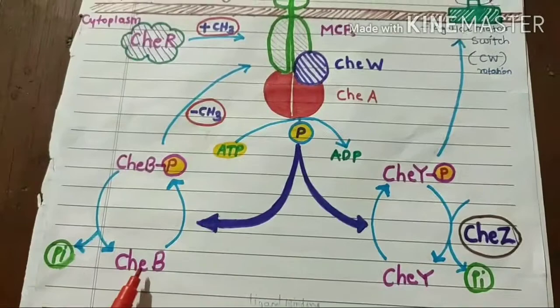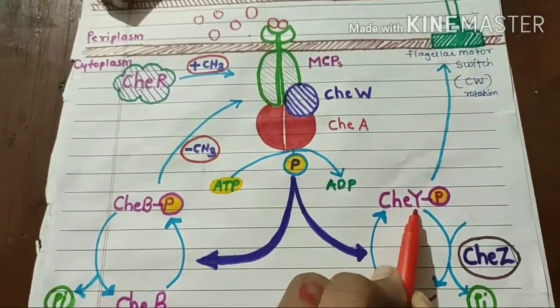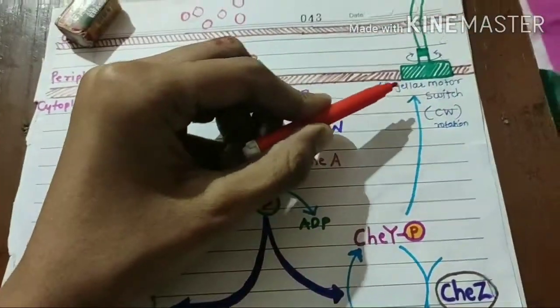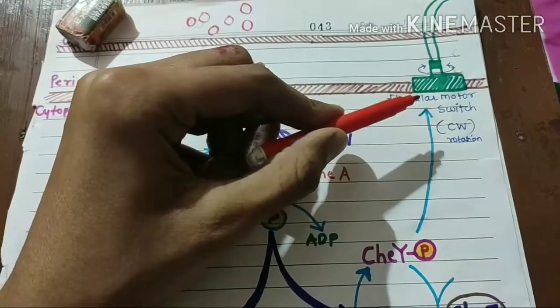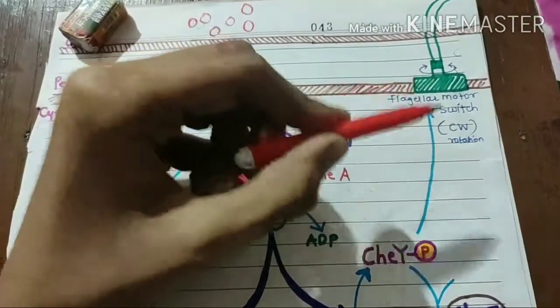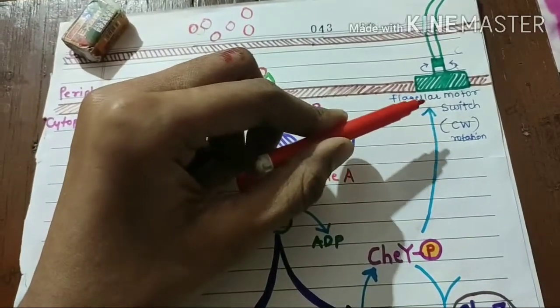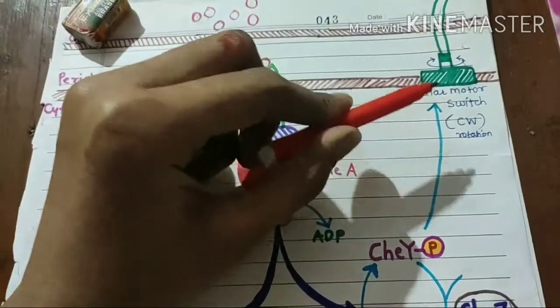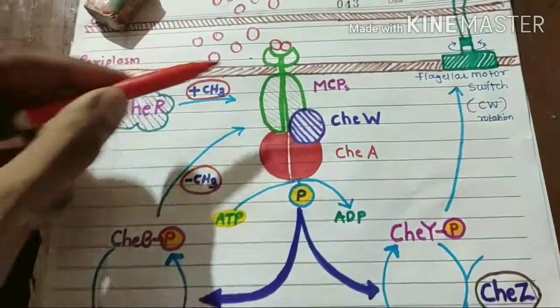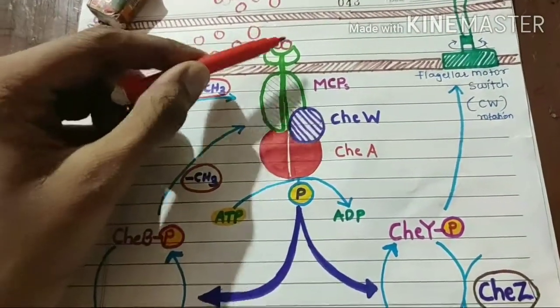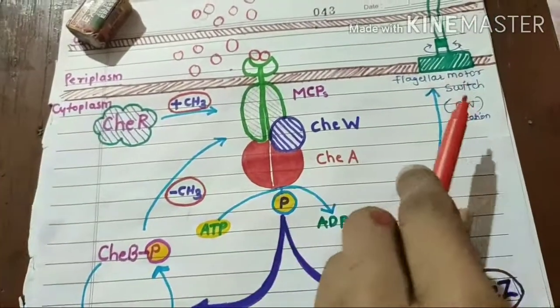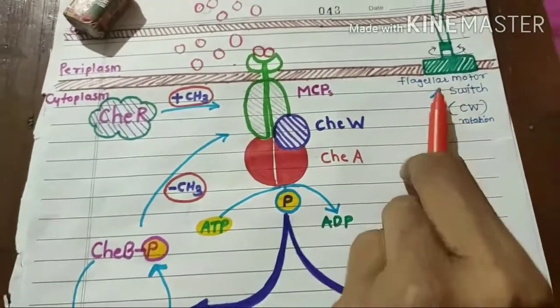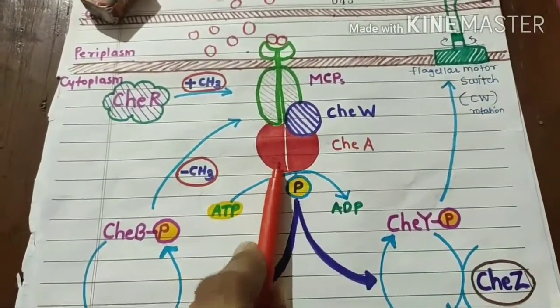Okay, so this CheA gets activated, so it autophosphorylates itself, and then it can phosphorylate CheY and CheB. Okay, so this CheY is phosphorylated now, and it can go and bind to the flagellar motor switch, and it causes the motor switch to rotate in a clockwise manner. So even if there is an attractant bound to the MCP, there is tumbling, and this is tumbling because this histidine kinase is active.